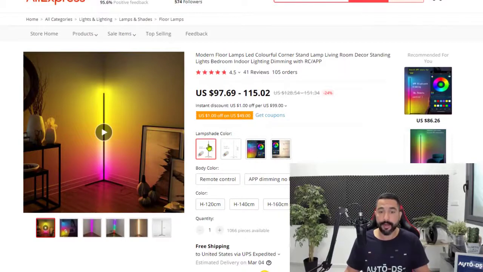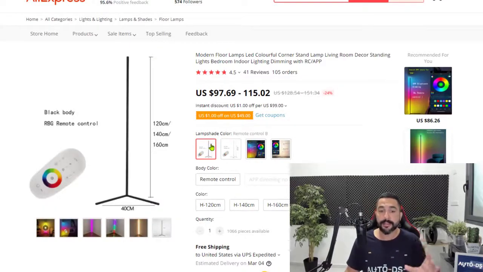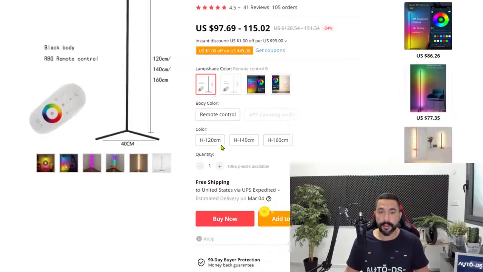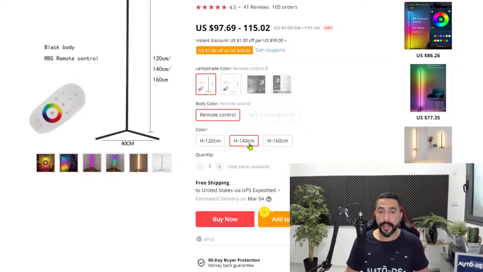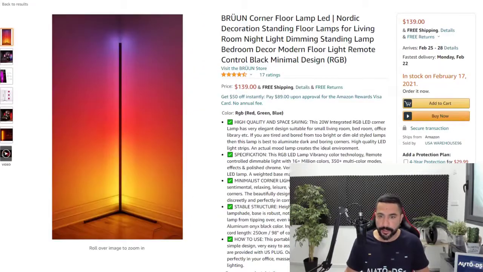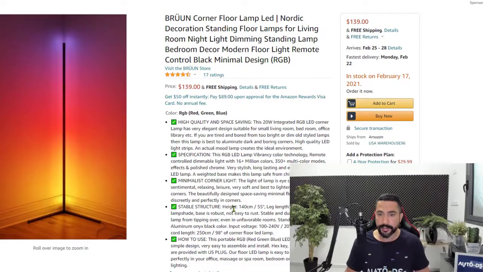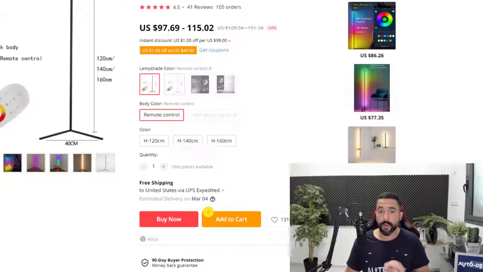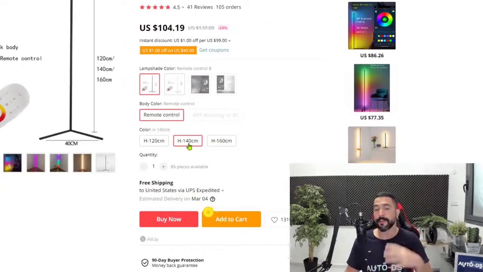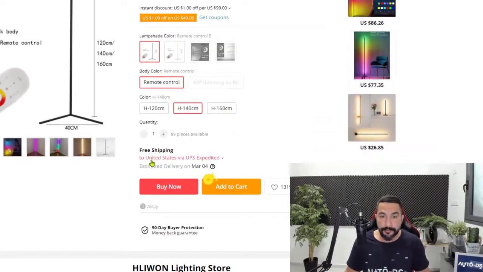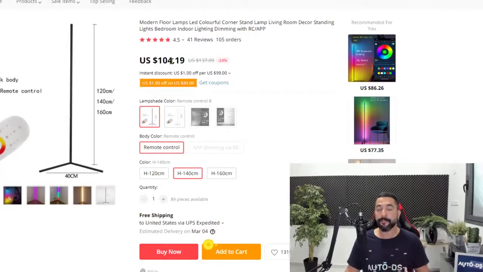Let's put in our exact product details to match it with Amazon and see exactly how much it's going to cost. So here's the variation with a black body. It comes with a remote control, and the height I think is 140 centimeters if I'm not mistaken. Let's go back to the listing, and here it is, height 140 centimeters. So we want to make sure that we're choosing the same exact variant to make sure that we're testing the same exact product. And in the shipping, free shipping to the United States via UPS expedited shipping, really nice, really quick shipping, and the total product cost is